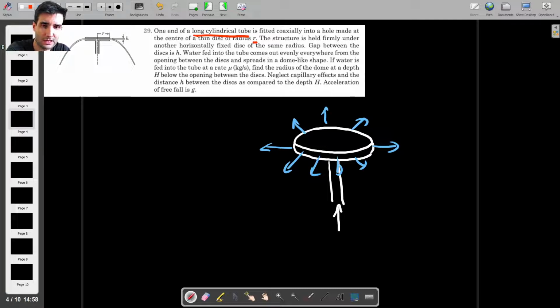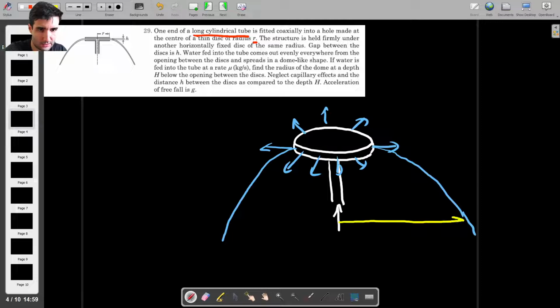And what we're asked to do is, as the water comes out, it will fall something like this. And the question is, what is the radius, like this? So what is this radius of the water dome, basically, for a given depth h? Okay, so h is, let's say, the distance from the top all the way to wherever I'm trying to measure